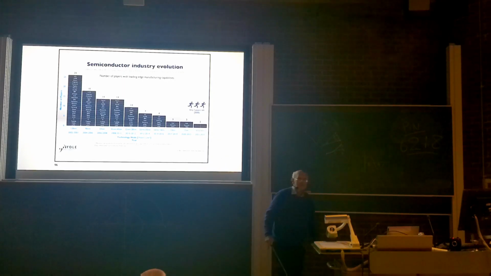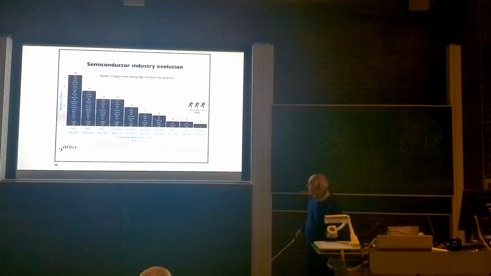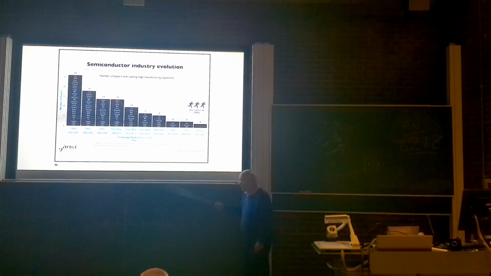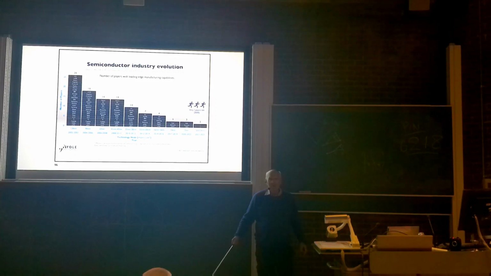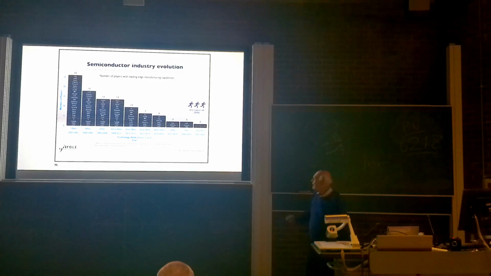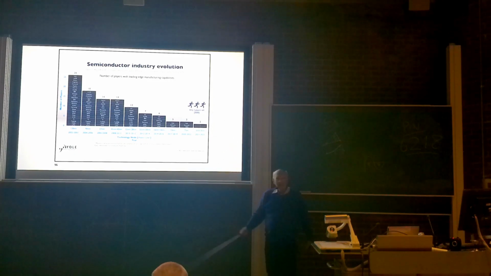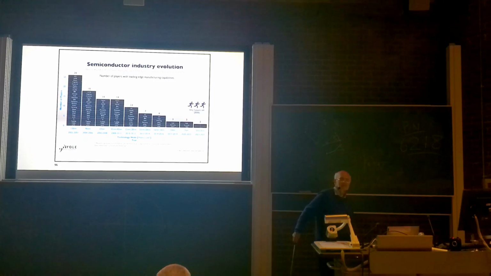Now, the Americans are doing a catch-up. There are some fabs not shown on here, which are going to try and do some catch-up on that. But it costs 15 to 20 billion pounds to make a modern fab. And it takes, I don't know, 5 to 6 years to actually build it and get it up. The thing about TSMC is they have really cracked the reliability issue greater than anybody else.